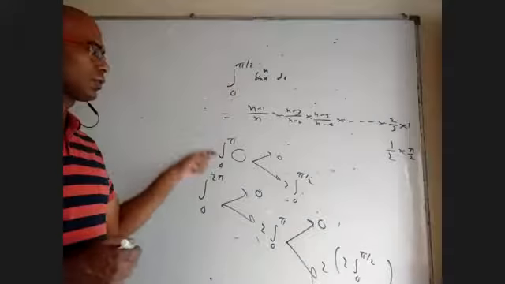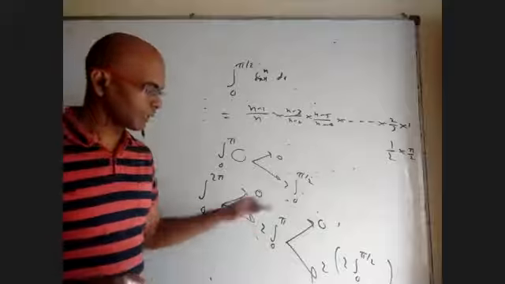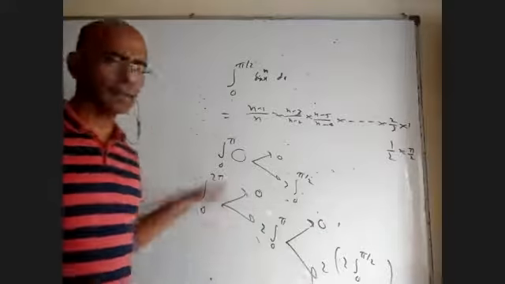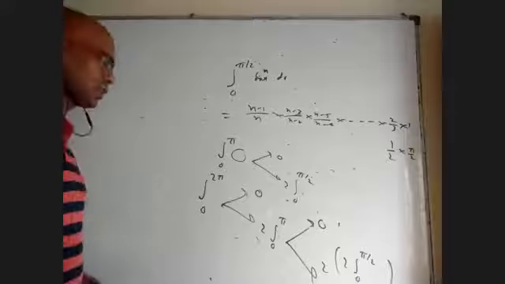So 0 to pi by 2 has been seen; 0 to pi is either 0 or this; 0 to 2 pi is either 0 or this, and that again either 0 or this. And we have seen examples practically for everything. This is what we discussed in the previous class.